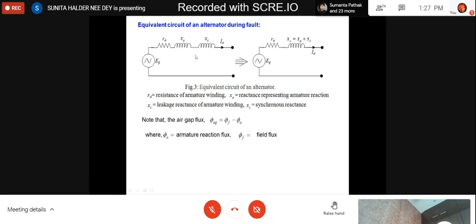And this XL is constant for a particular alternator. XL is the leakage reactance. We know the leakage reactance is undefined, but when you establish a magnetic circuit, it will be a constant for that particular magnetic circuit. Leakage reactance means the reactance produced due to the flux which flows through an undesired path, that is, not through the air gap. I hope you know these things. Do you have any doubt in this? This part is very important. It is asked in examinations and in interviews. Any question? No, ma'am.